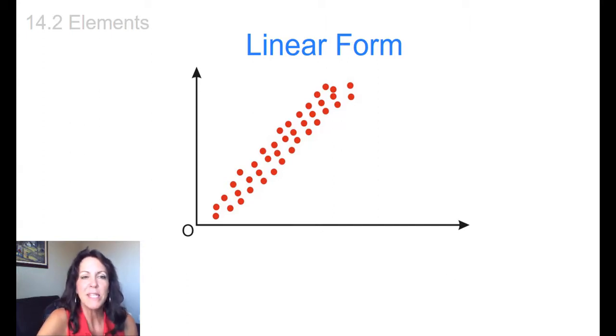Basically, linear means line, and this is not a perfect line. All of the dots are not stacked up on a line, but they're clustered pretty closely together. We see sort of a trend. We see a linear trend here. So this is a linear correlation,